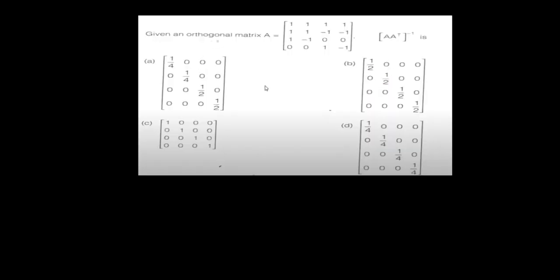So finally, let us see an example. This is how the question is going to be given in the examinations, but we'll see the question section in later videos. Right now I'm giving a small question because it will be useful for us. A square matrix B is skew symmetric, so we know B transpose is equal to minus B. Let's go ahead. A is an orthogonal matrix, A is equal to a 4 by 4 matrix they gave, and they asked for A transpose into A into A transpose whole inverse. Try to do it, guys, and if you got it, comment below. In the next video, we're going to see the solution for this.